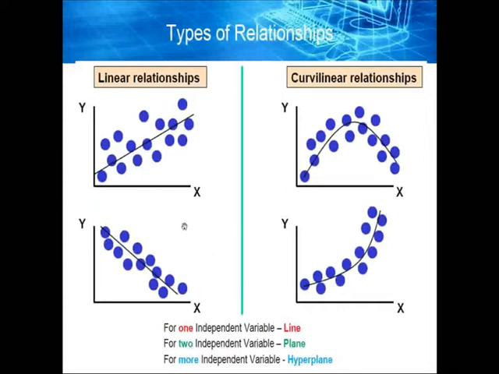Here we can say that the independent variable, that is the feature value, increases the dependent variable or target value in the same proportion or in the opposite, inverse proportion. But both are in linear form. So such types of models are called linear regression models, and these types of models are called non-linear regression models.